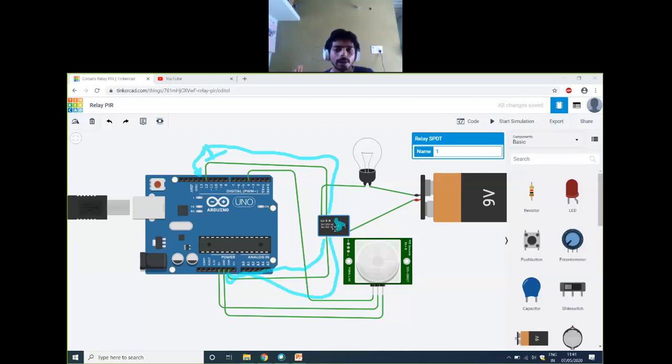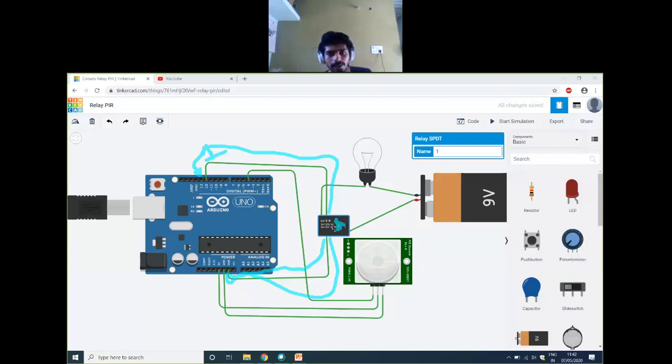In the relay module itself, it will give you NO, NC and common. You need to connect only the input pins. If you power the relay with the Arduino and provide the input pins directly, you can switch on the relay. If you have a hardware class, maybe in the next semester, we can show you directly in the hardware itself how you can switch the relay on and off.